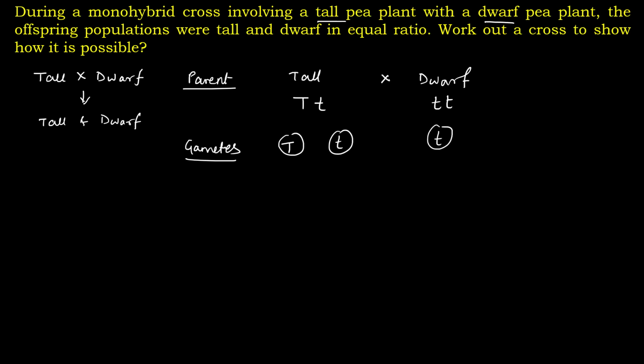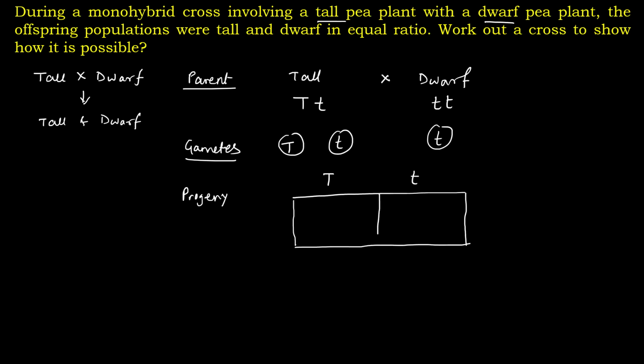So the progeny, or the F1 progeny we can call it, how they will turn out is, let's make the checkerboard, and it is going to be fairly simple. It's a simple question actually, not very difficult. I think many of you might be able to guess it on your own. Here these two gametes from the tall plant, I have placed on top, and this gamete, one type of gamete, I think I made a mistake, is going to be small t.